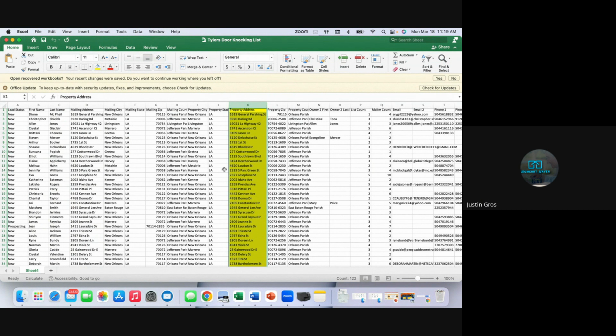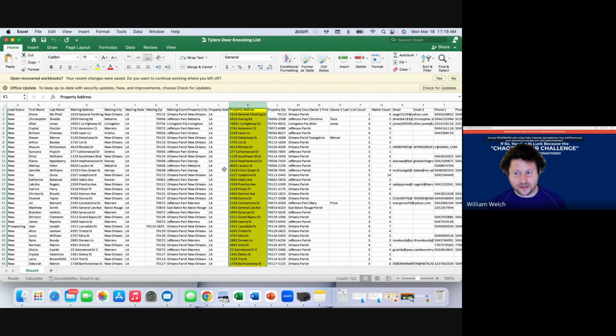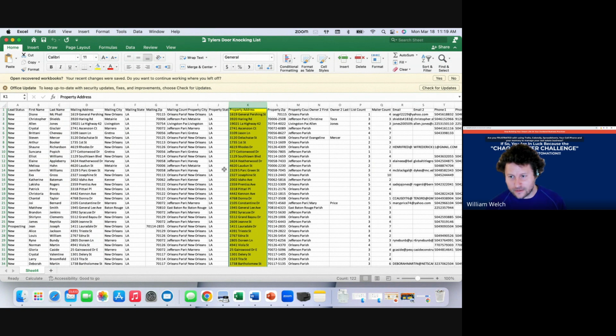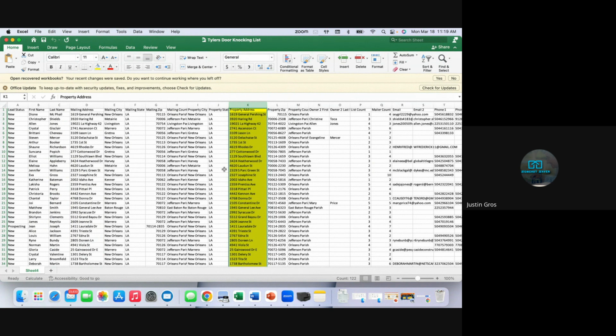So I have all my New Orleans, all my Metairie, all my Kenner, all my Gretna, all my Belle Chasse, Marrero, etc. all together. Does that make sense? Right, so you have them organized by property city, and that's how you're doing your Route Excel as well, right? Yes. Correct. That's cool.